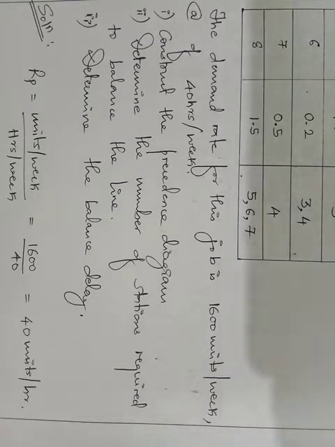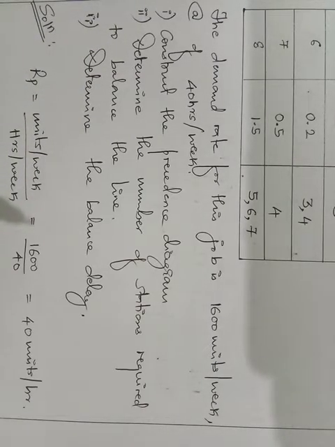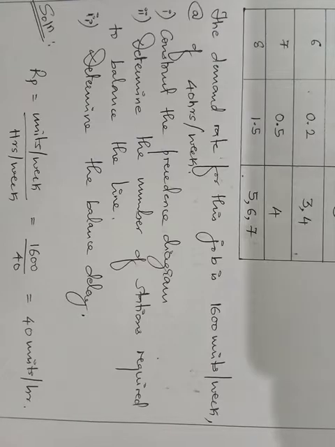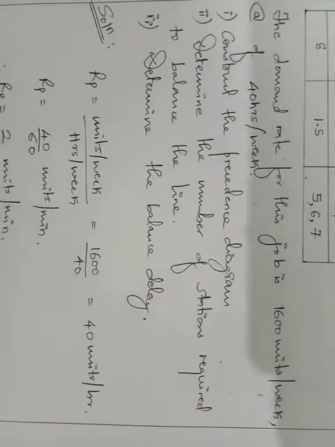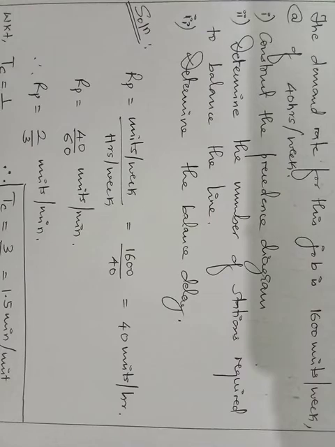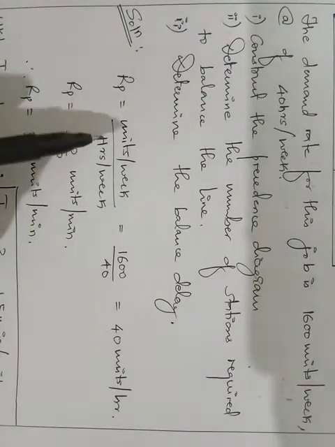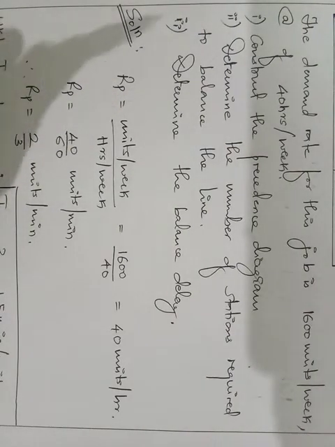Right. Now let me start with the solution part. There are some prerequisites which I need to calculate before I start with the actual steps. So the first thing is the calculation of production rate, which is popularly known as Rp, which we studied in module number 1. So production rate, let me calculate. Here he has given the number of units per week, or the demand rate, in the problem, and he has also given the working hours per week.